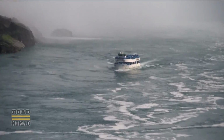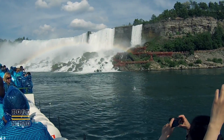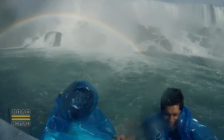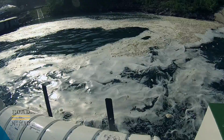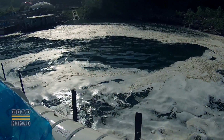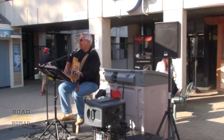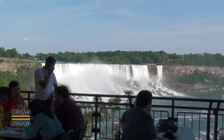But all good things come to an end, and after a few minutes, we return. The foam kinda looks like feta cheese, doesn't it? After our wet Niagara adventure, we enjoy a cold beer at this cafe with a view, and what a view